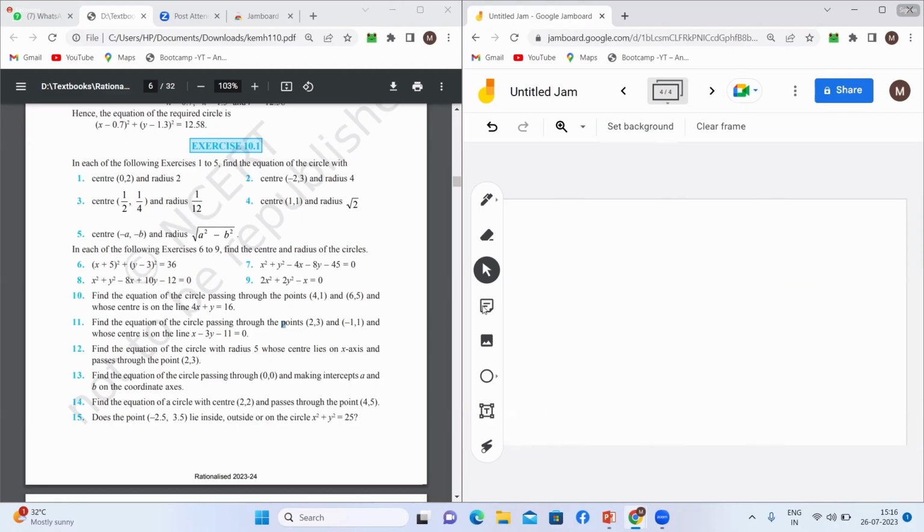क्वेश्चन नंबर 14। क्या बोला गया है इसमें? सब में अलग एक चीज बोली जाती है, लेकिन हमने पढ़ना सब में सेम ही रहता है, ठीक है। फाइंड द इक्वेशन ऑफ सर्कल विद सेंटर (2,2) एंड पासिंग थ्रू द पॉइंट (4,5)। सो अपने को सेंटर पता है, अपने को सर्कल का एक पॉइंट पता है, तो अपन रेडियस निकाल लेंगे, क्योंकि सेंटर से सर्कल के किसी भी पॉइंट पे अगर अपन लाइन जोड़ते हैं तो वो जो लाइन होती है वो सर्कल का रेडियस होती है। सर्कल का रेडियस अपन आराम से निकाल सकते हैं।